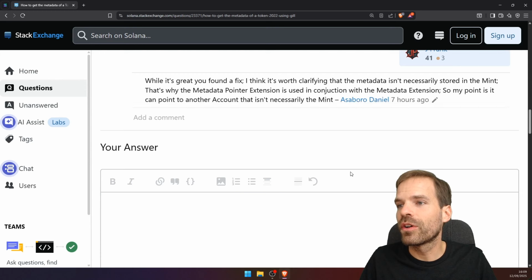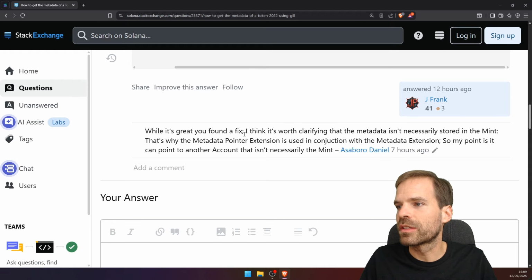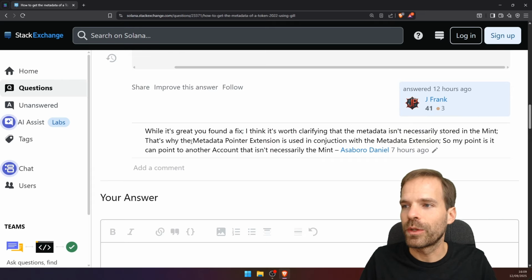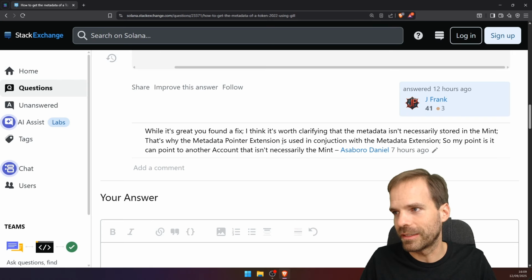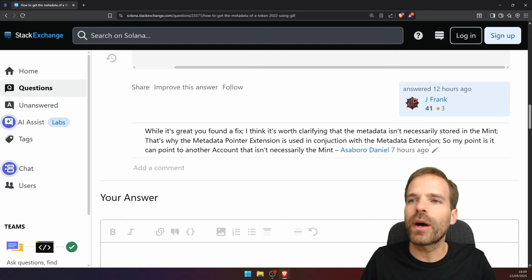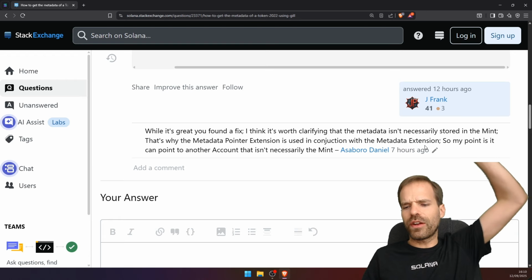And then also somebody points out that it's a great fix, but it's worth clarifying that the metadata isn't necessarily stored in the mint. We do need to check the metadata pointer extension, which can be used with a metadata extension. We did make a video about metadata and metadata pointer extension. Find that up there on the very